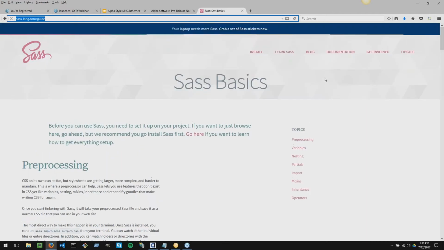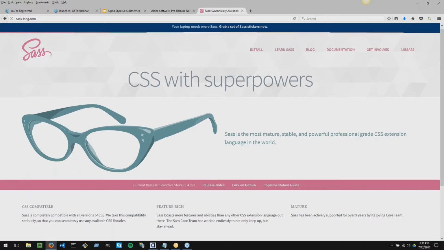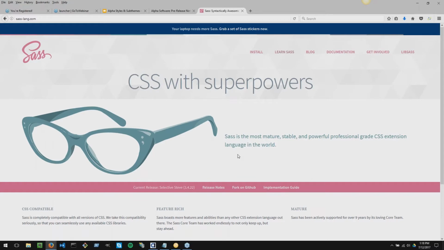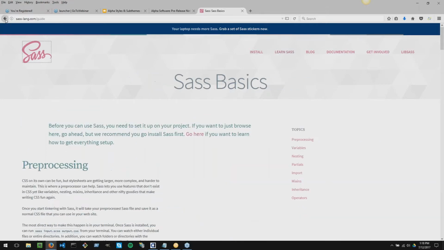Yes. So Sass is syntactically awesome style sheets. It's this extension on top of CSS that allows you to add variables, because one of the things that can be frustrating about working with style sheets is having to be so literal with all of your properties. So maybe you want to add a border that's gray around all of your buttons and maybe all your headings, but you don't want to wholesale apply that to your entire website. So you have to go through and add those styles to each item individually,